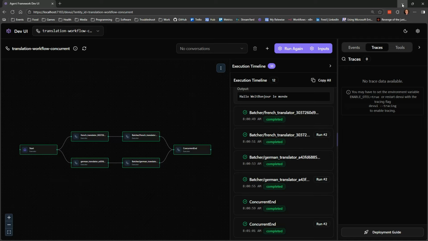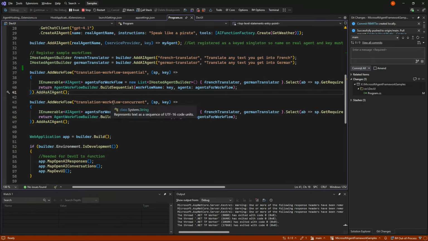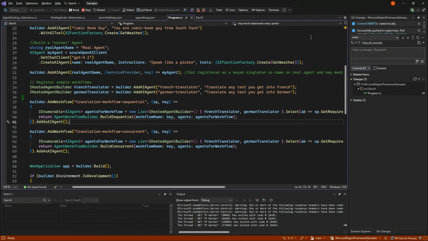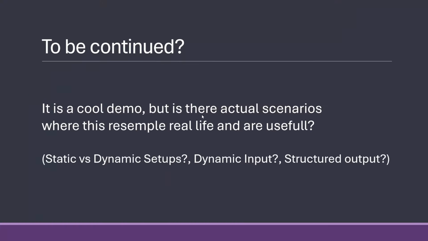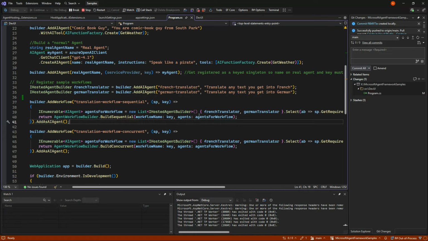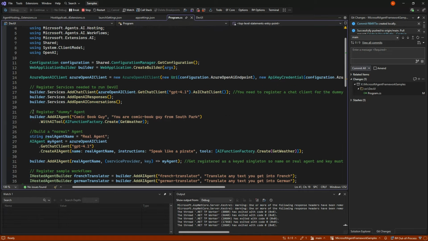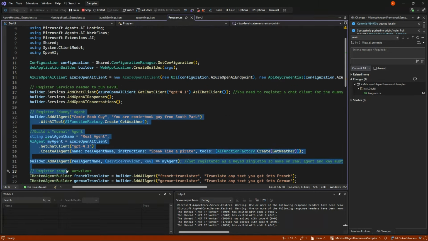My more pressing concern in all this, when I look at this code, is it's a cool demo, but are there actually some scenarios where that would in any way resemble real life and be useful? Because if we look at this code, I'm not making my agents upfront.